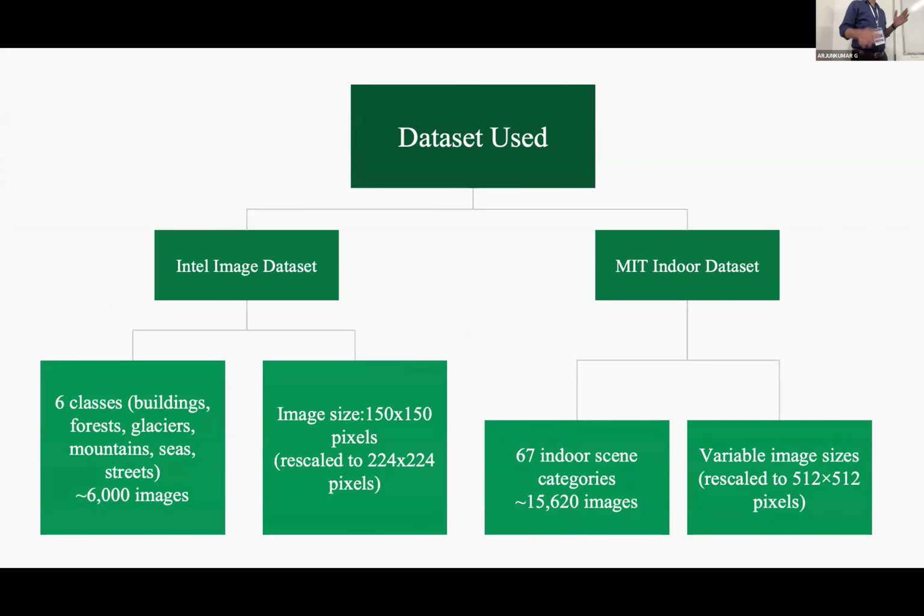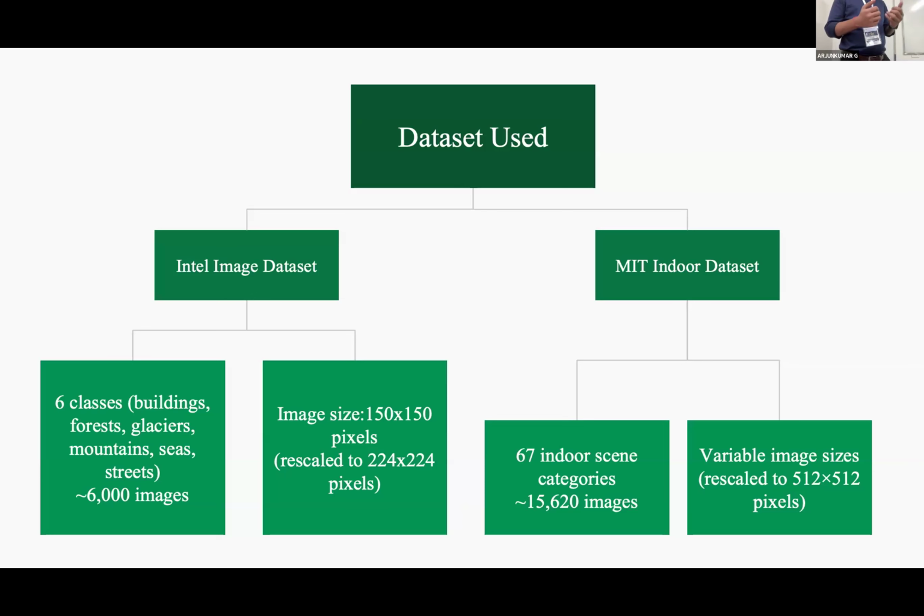So these are the datasets used. I use 2 different datasets. One of them is the Intel image dataset, and another one is the MIT indoor dataset. Both of the datasets are publicly available on Kaggle. The Intel image dataset consists of 6,000 images and 6 different classes: buildings, forests, glaciers, mountains, seas, streets, etc. The standard image size of the Intel image is 150 by 150, but I resized it to 224 by 224